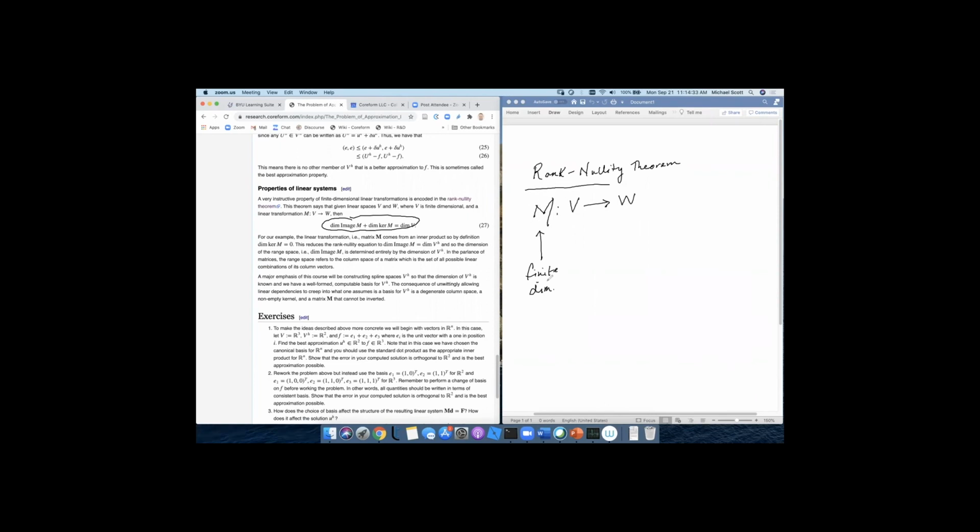So every linear transformation in finite dimensions has a matrix representation in terms of a given basis. What you can say about this operator is that the dimension, if you remember what the dimension is, like the number of basis functions. So if you look at the dimension of the image